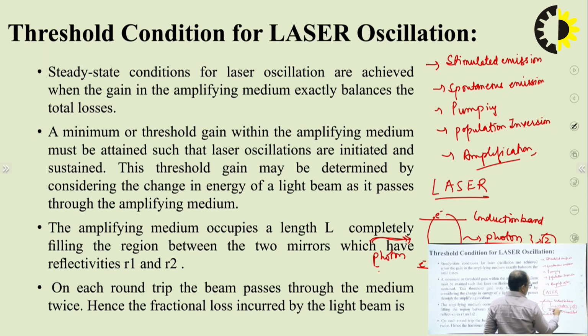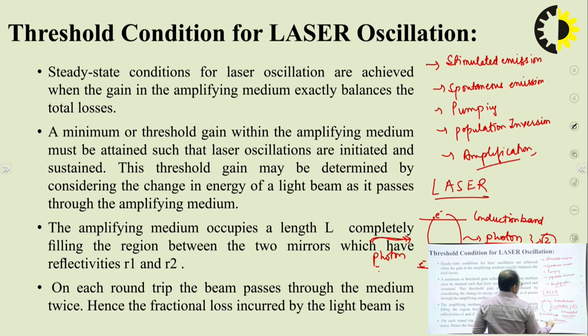One photon can produce two photons. Both have the same phase, so that is coherence, and this results in a narrow beamwidth due to the same phase. Clear? So now, see,